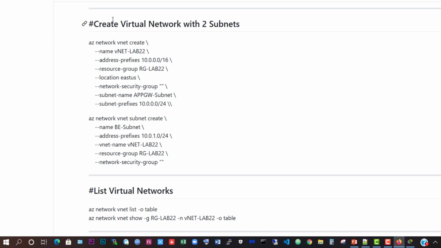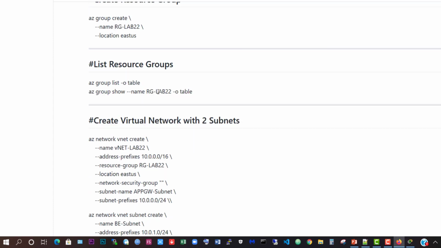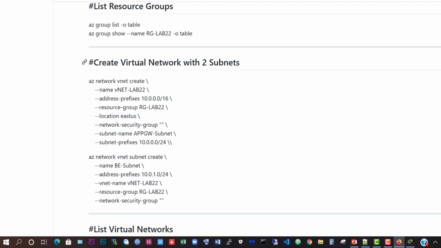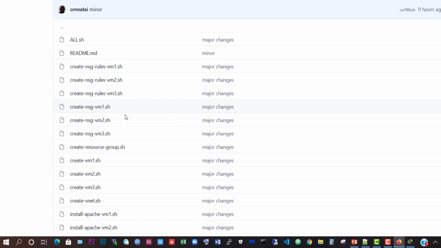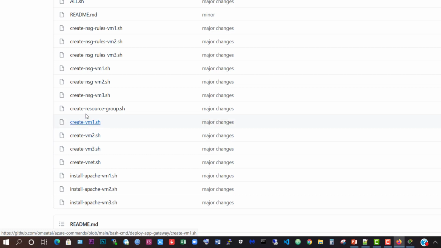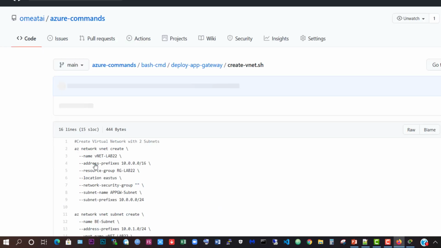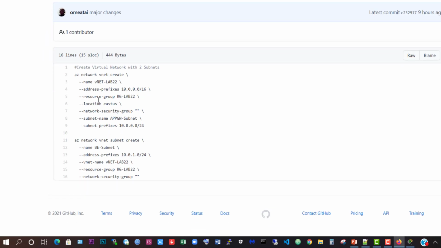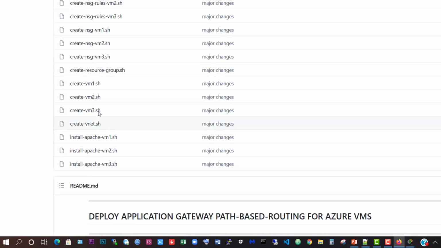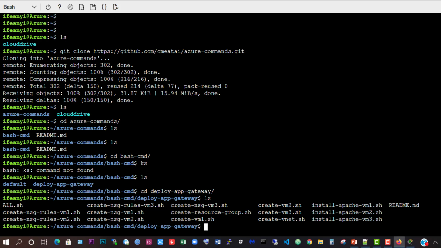So let's run this, and we need to find the file which has to do with creating a virtual network with 2 subnets, and I have it here as create vnet.sh, and if I click on it to see, it is exactly what we just have there. Let me just go back. So I'm going to come back here, and we can see the file somewhere here. Yes, create vnet.sh. So what we will do to run it is we'll type bash create vnet.sh